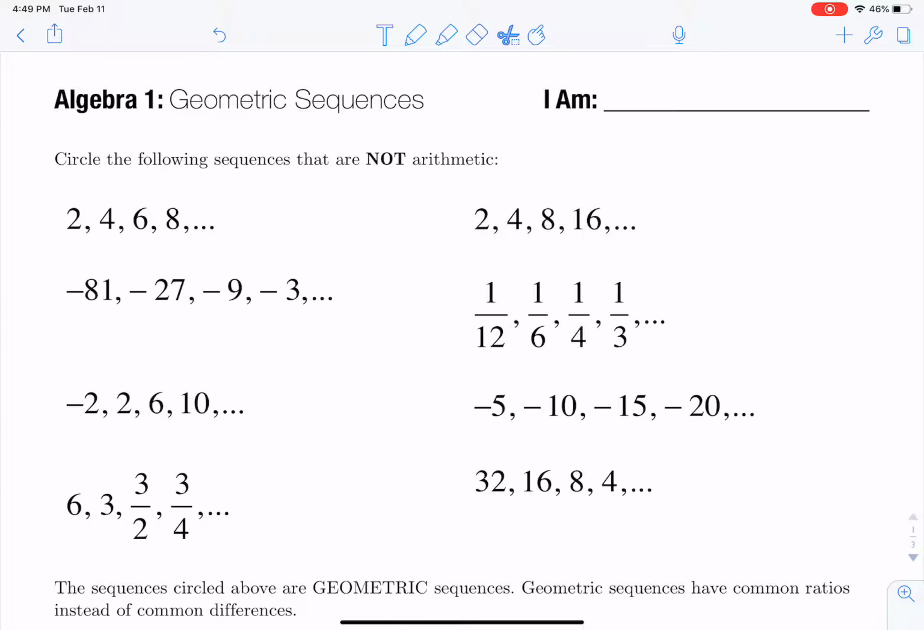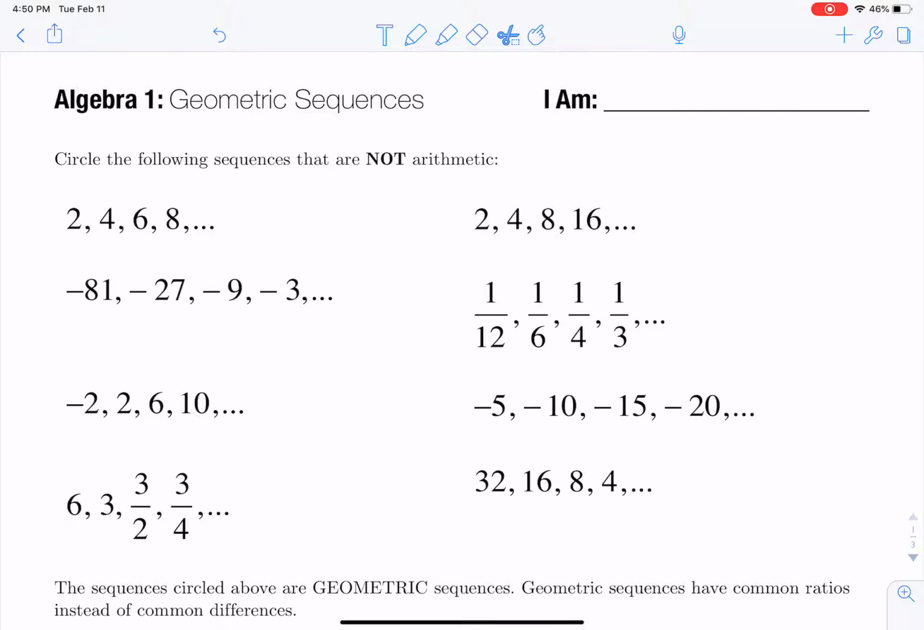So we've talked a little bit about arithmetic sequences already this year. Remember, we played the rat game. We figured out the pattern, which was similar, which was different. So what I want you to do right now is go through and circle the sequences that are listed here